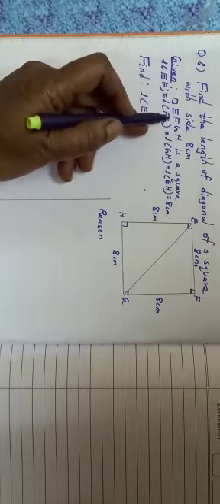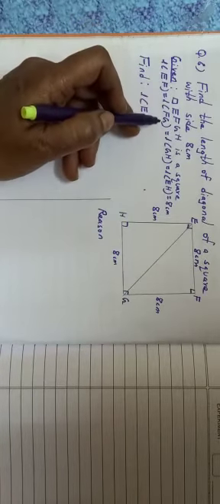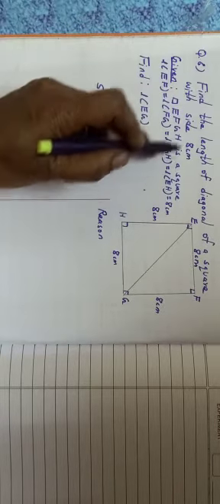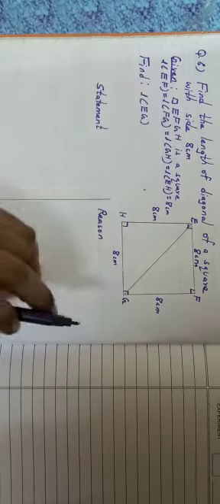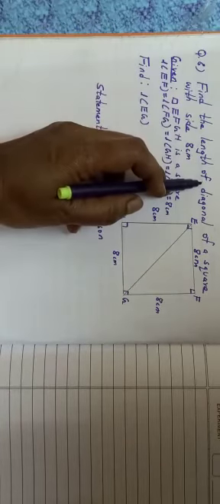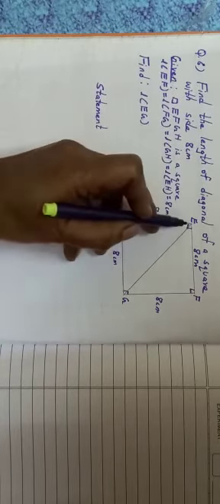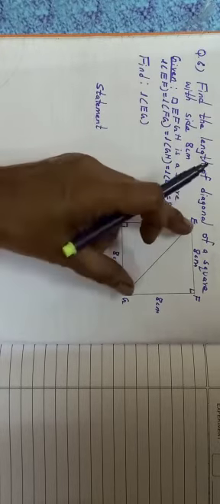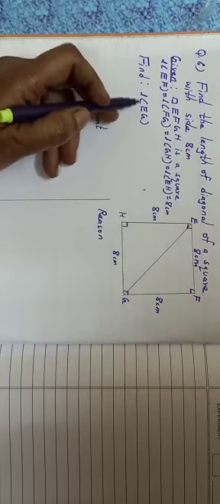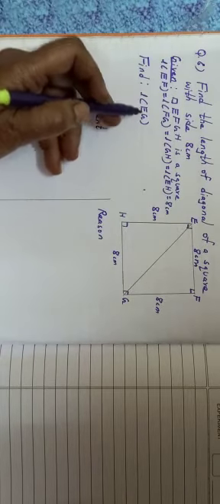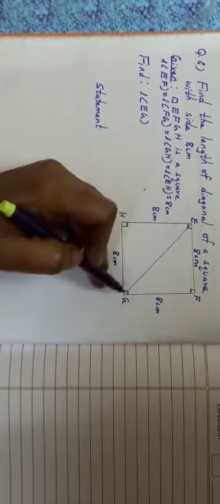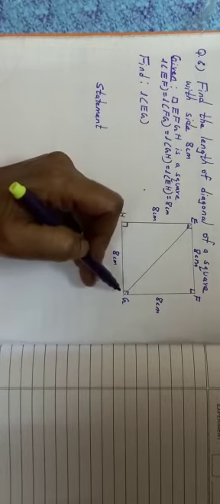So the basics I have written here: it is a square, and EF is equal to FG is equal to GH is equal to EH. All the lengths are equal, that is 8 centimeter. It's given to you, so I have written here 'given'. And what you have to find is the length of the diagonal. Now what is the diagonal here? Diagonal EG is the diagonal, length of EG. So instead of writing diagonal, I have written here length of EG, and then we will conclude by writing length of the diagonal. So what is EG? It's a diagonal joining the opposite vertices E and G.